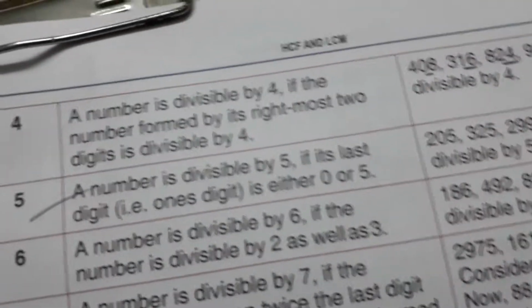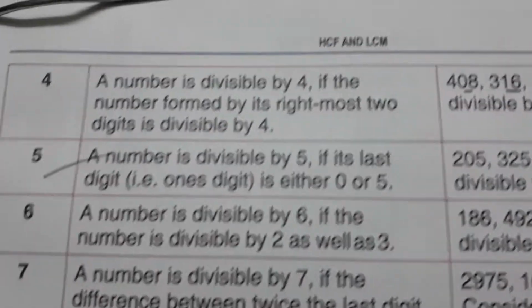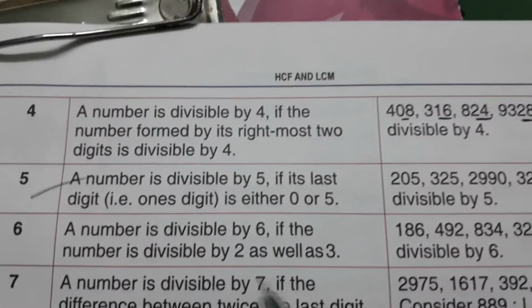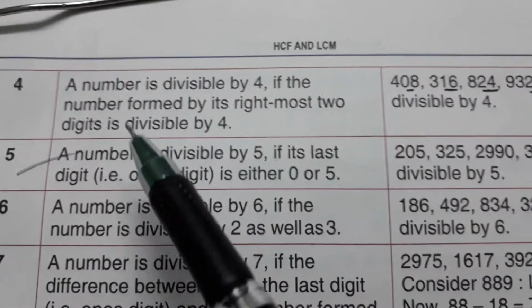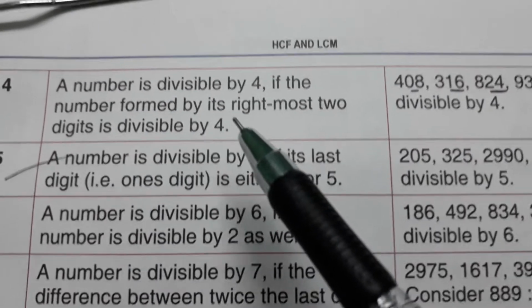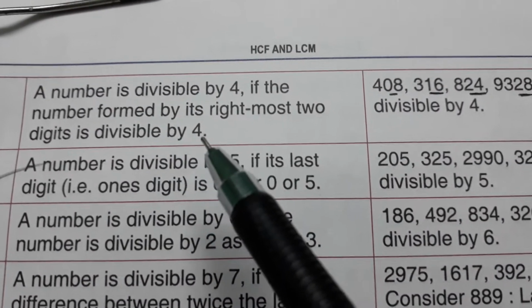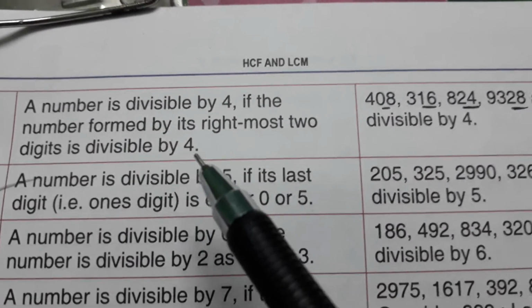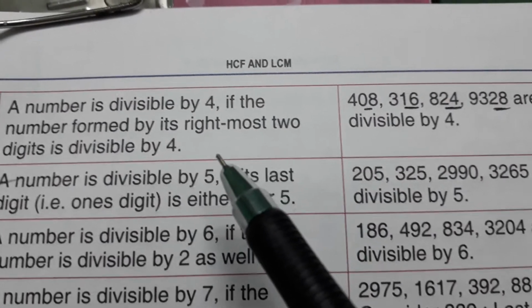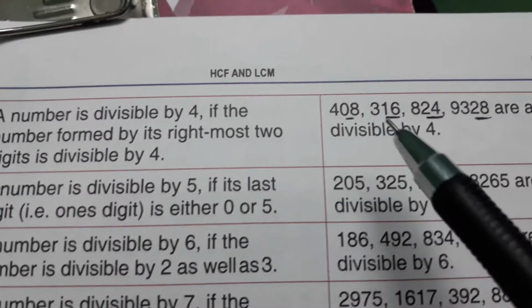Next, the rule for 4. Divisibility rule for 4. A number is divisible by 4 if the number formed by its rightmost 2 digits, meaning the last 2 digits number, is divisible by 4, or if the last 2 digits are zeros. Even in the case of 2 zeros, it is divisible by 4. Here, see,